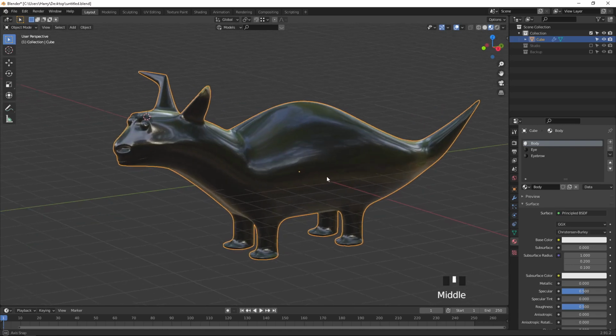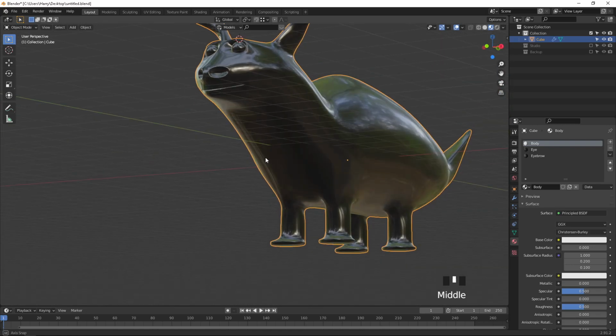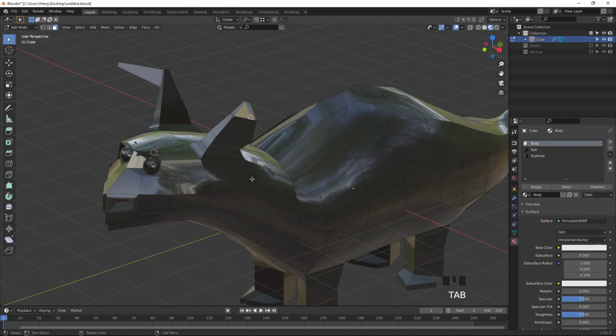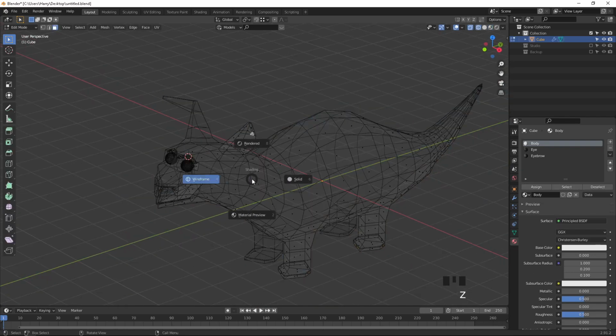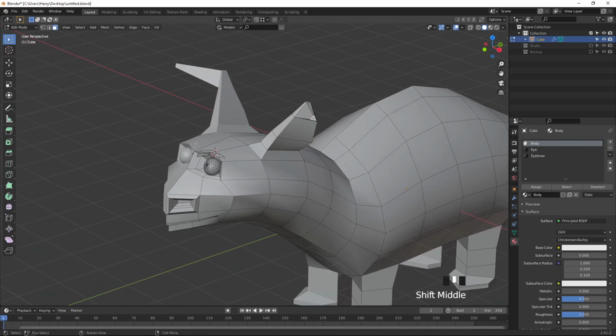By default everything is assigned as black. What I'm going to do is go to the object, go to the solid view, select this thing, press L to select, select this one, press Ctrl L to select.